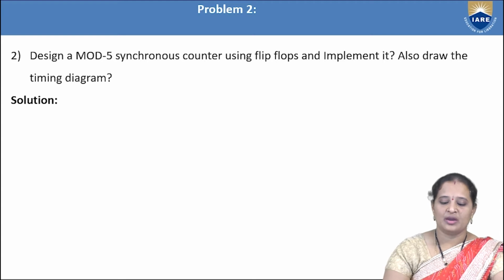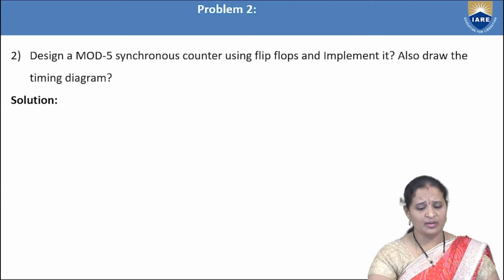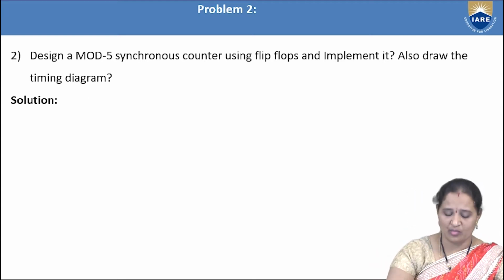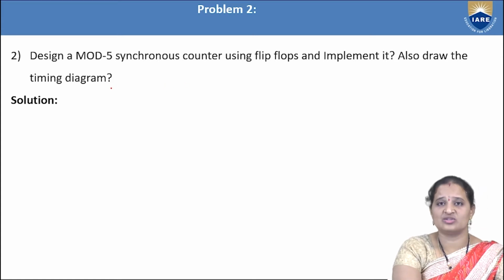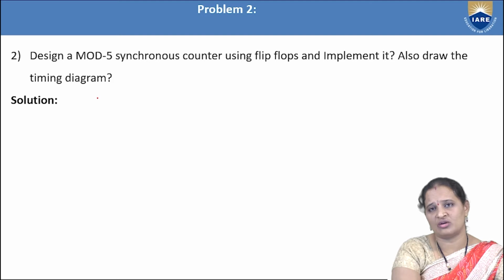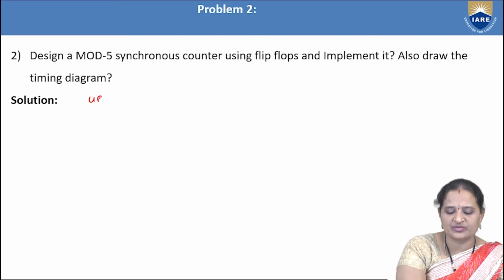Now, what am I doing? Mod 5 counter. What do we mean by mod counter? It is not mentioned whether it is a down counter or an up counter. So, always we need to consider it as an up counter unless it is mentioned. So, mod 5 up counter. So, mod 5 means what? Mod N counter